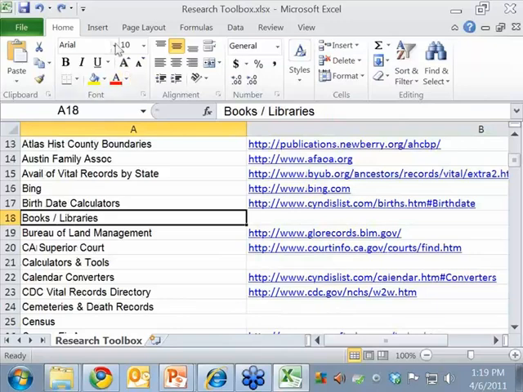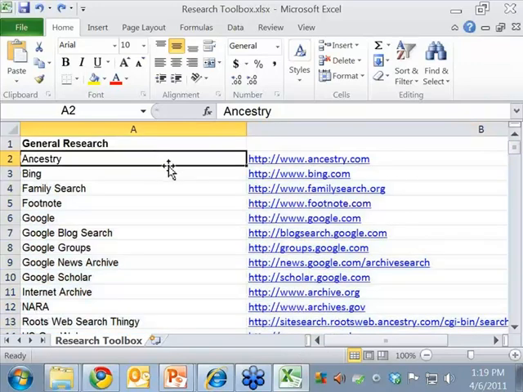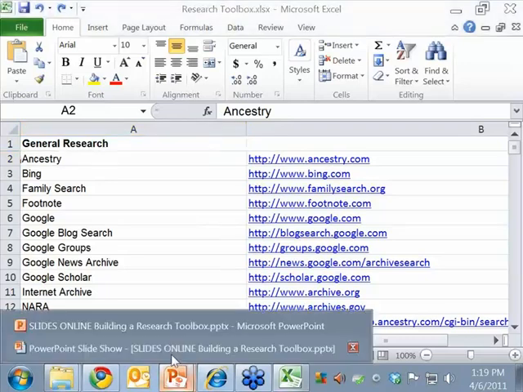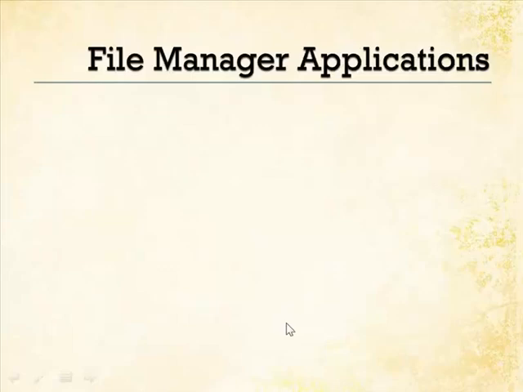People don't know the undo function is you hit Control-Z, as in zebra. In most programs it will do an undo for you. That's a little hint that I learned. And Control-Y is a redo. Control-Z is an undo, and I use that all the time. And I found that it works even on some websites. It's amazing. So let's go on to a different container here. File Manager Applications. Now, I have a Windows